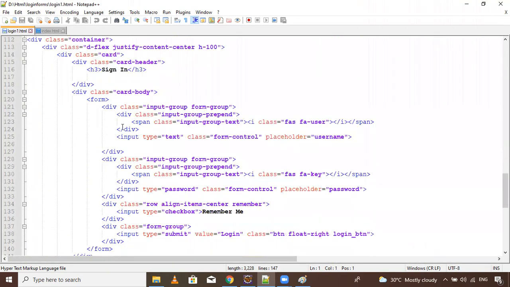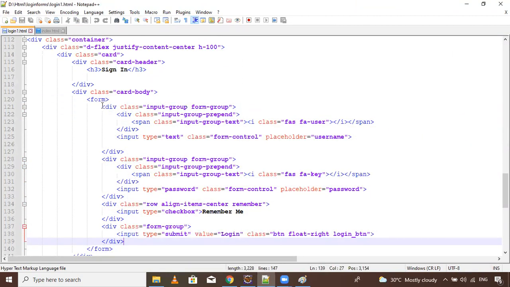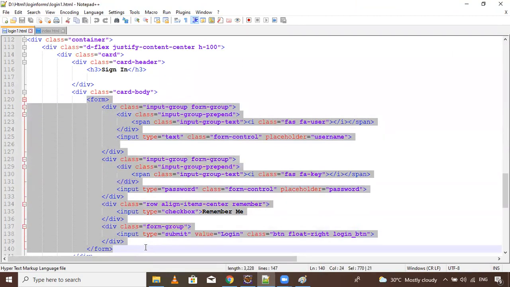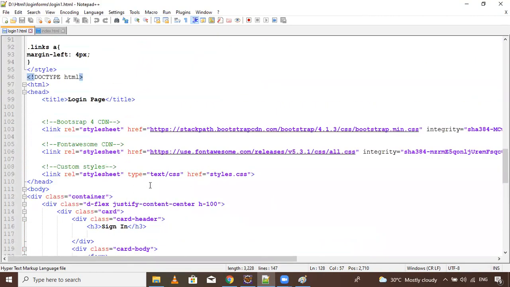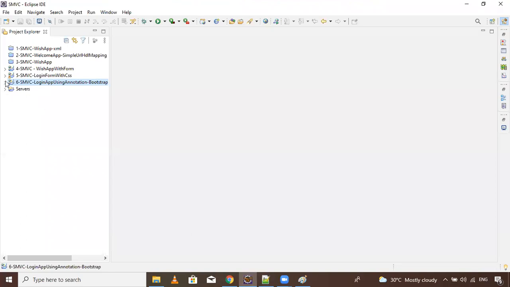Don't worry about all this. Only think about this form. If you want to remove the remember me button also, you can remove it. So now I'm copying this code and pasting it inside our project. So now let's create